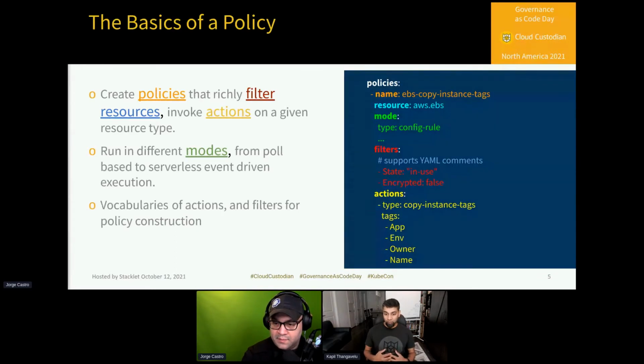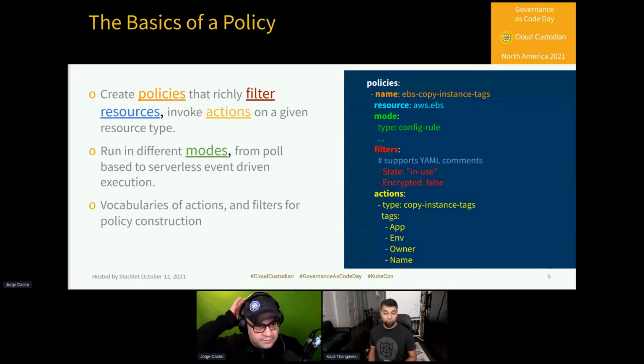And Custodian is able to derive a lot of its power from its ability to do this on top of the API calls. So as API calls are creating or modifying resources in the environment, that Custodian policies can then introspect what those API calls are doing and validate that the resources being created or modified are compliant to the organization's policies. Next, we have a set of filters. Now, filters can be simple attribute-based filters like the ones here, or they can be complex filters that look at, say, the IAM permissions for a resource or the network security groups for a resource. So related attributes corresponding to that particular resource's configuration.